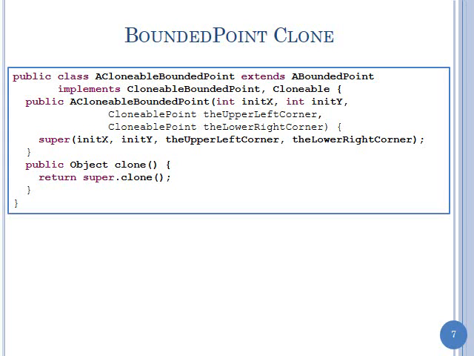I create a bounded point, 75, 75, 50, 50. I say P2 is assigned P1.clone, I'll say BoundedPoint here. I say P1.setX(100). I say P1.getUpperLeftCorner().setX(200). Okay, so I've changed P1. If I say P2.getX is equal to P1.getX, what should I get? Just as we expected. P1.getUpperLeftCorner().getX, which we've changed here, equals P2.getUpperLeftCorner().getX. The answer should be